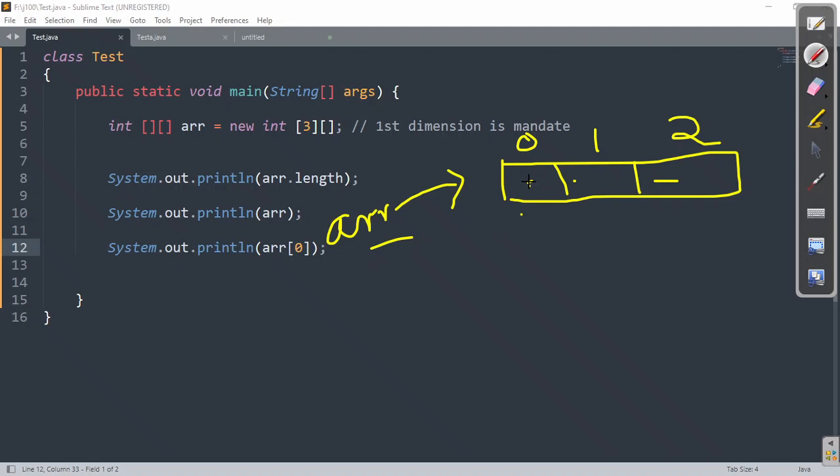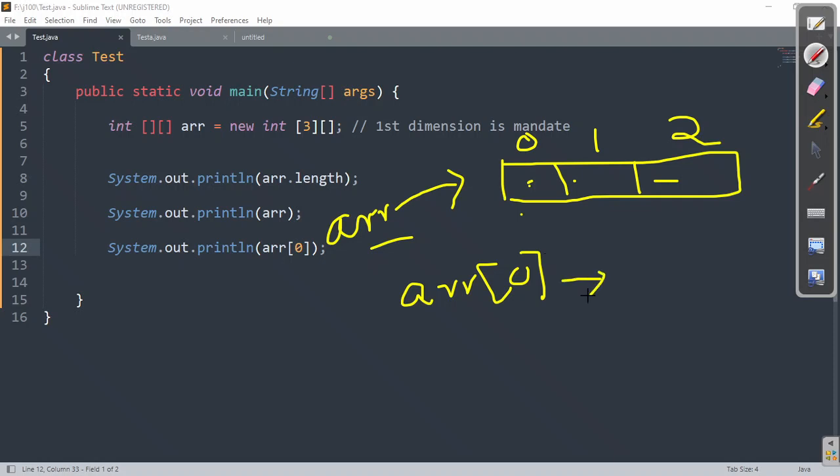Now tell me, what is the type of ARR of 0? What is the type here? If I want to know the type, the type here is a single dimension array, right? If I get the class name, it will give me the single dimension integer array class, right? Now that means ARR of 0 is definitely a reference variable which is referencing to some object.